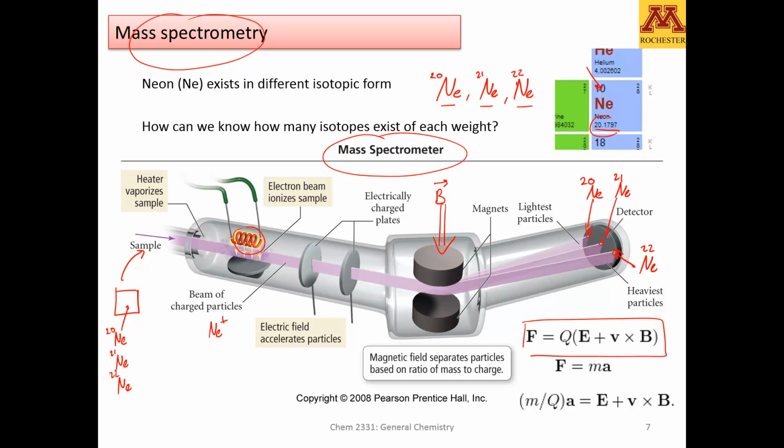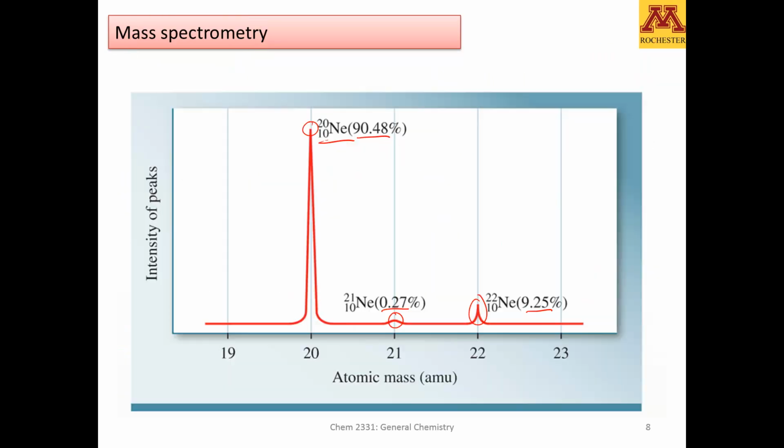This is the way one can calculate this number, which we now know is the weighted average. The weighted average of neon will be the mass of neon 20 multiplied by its 90.48 fraction, plus the mass of neon 21 times its intensity, or its abundance, if you will, the intensity of the peak, the abundance in the sample. And finally neon 22, which approximately has a mass of 22. These are round numbers,